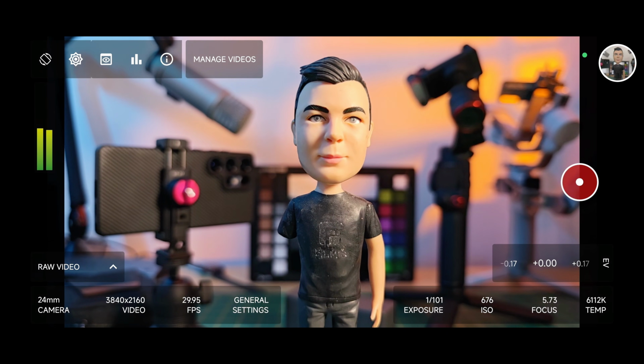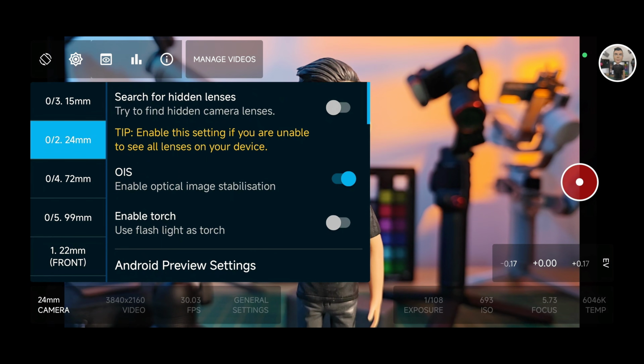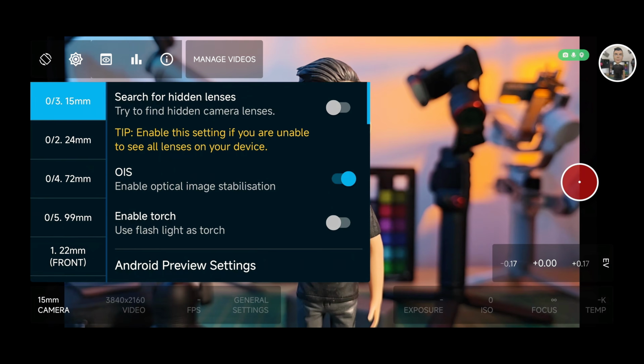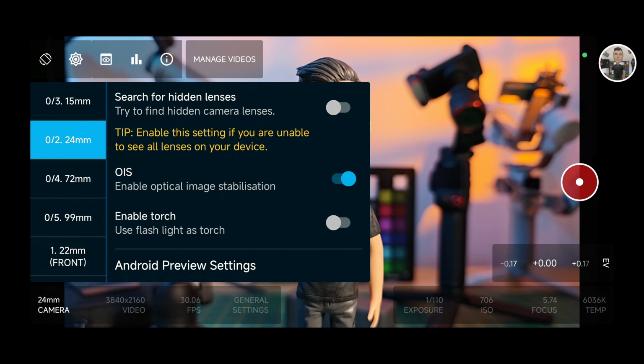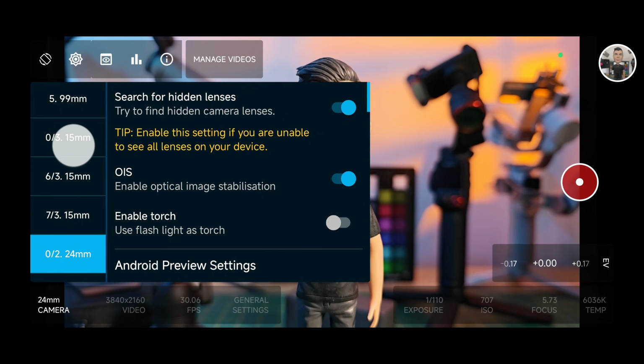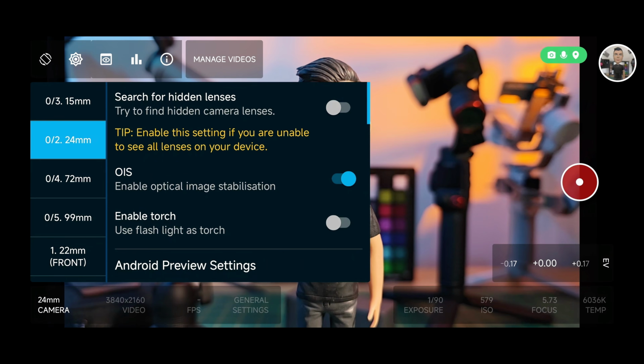Let's start by configuring MotionCam Pro's settings so we're ready to capture RAW video. Tap on Camera. Here you can choose any of your available lenses along the side. If your handset maker has not made all lenses available to third-party apps, you can toggle on Search for hidden lenses in an effort to discover them. However, they may not work reliably. As a result, I'll leave this off for now and I'll select the main lens on my smartphone, which is